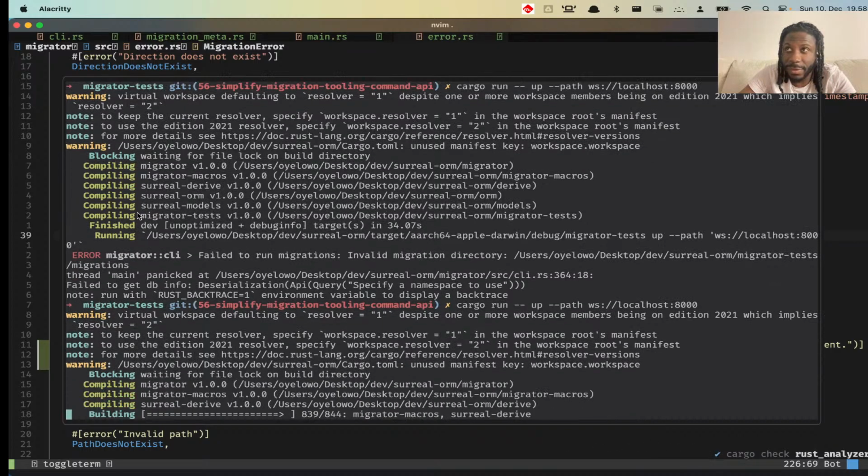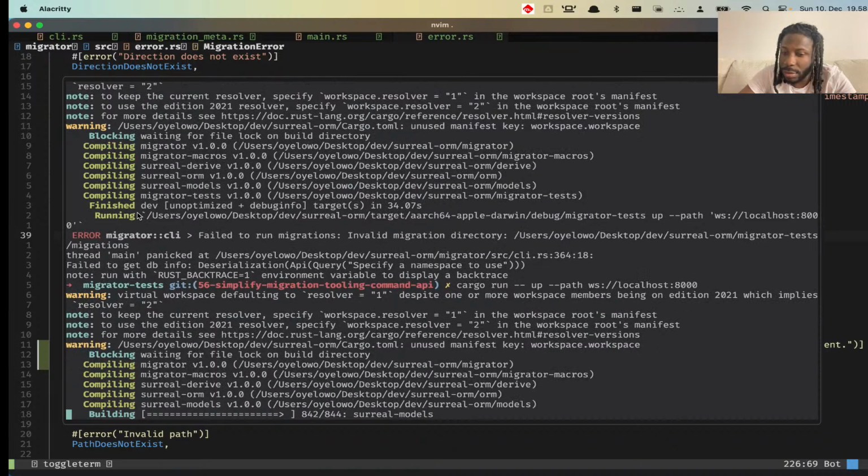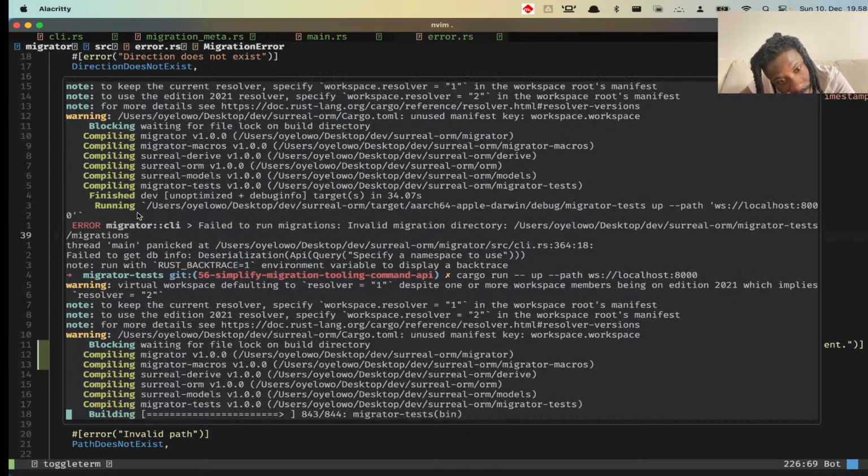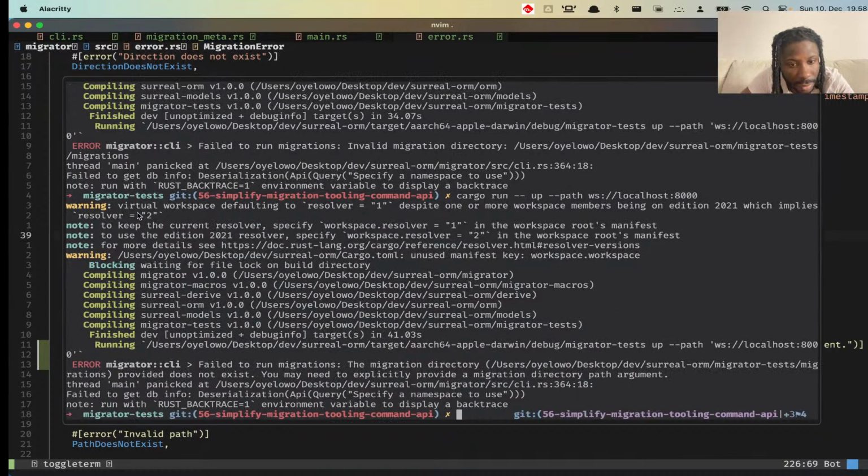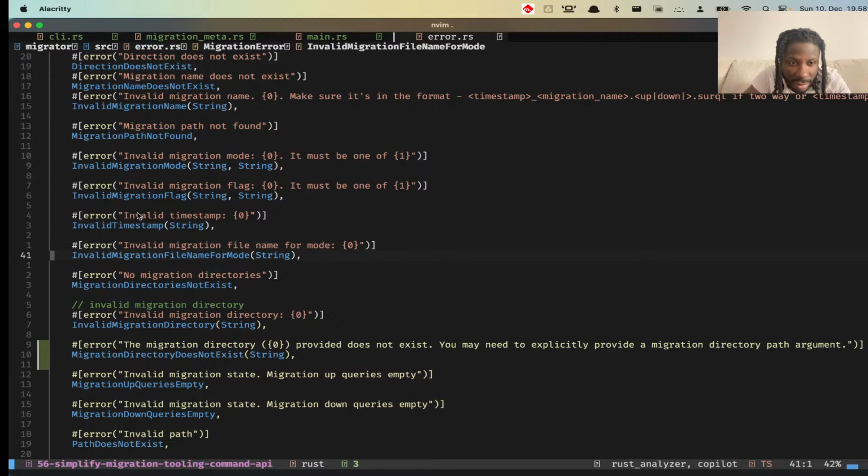So you might have to pardon. Let's run that. Let's see the new error message, something more descriptive. It's taking too much time. So okay, failed to run migrations. The migration directory provided does not exist. You may need to explicitly provide a migration directory path argument. I think even at that, it should tell you